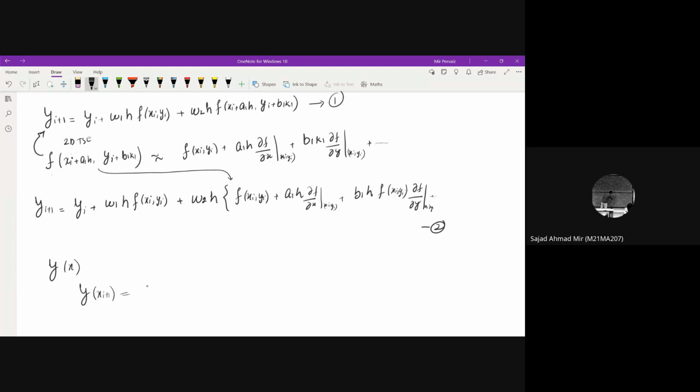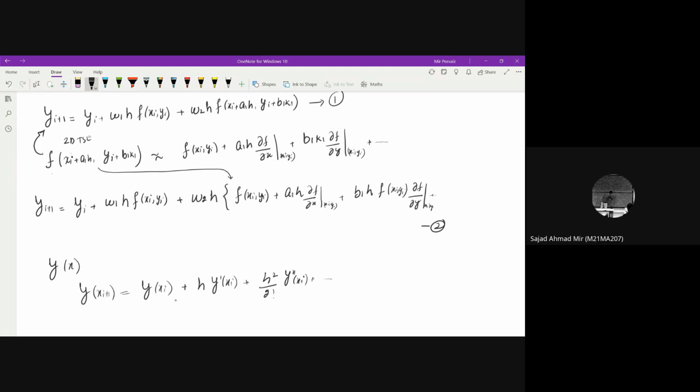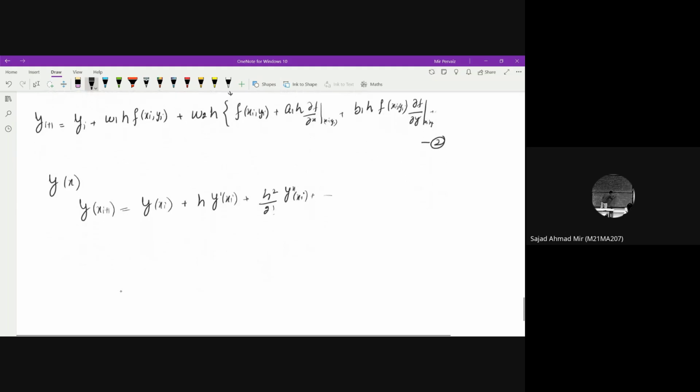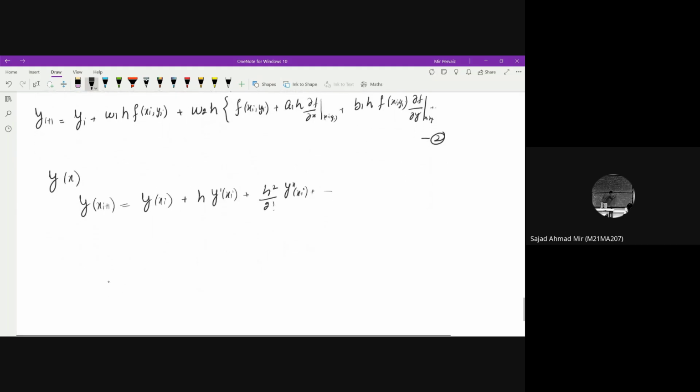This will be the previous value plus h times y dash of xi plus h square by 2 factorial y double dash at the point xi plus so on. This is the general Taylor series at point xi, and you use the derivative concept here. Now y dash of xi is your f of xi comma yi